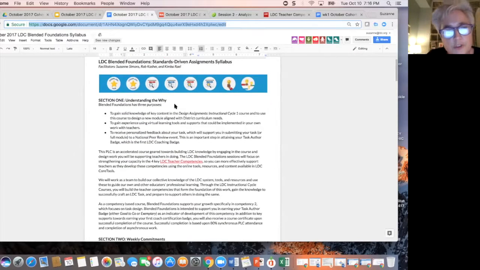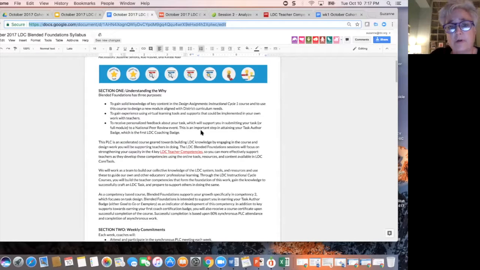the way it's structured is there's some overview of the purposes of Blended Foundations. We have 3 very specific purposes. One is for you to work through the workflow of our workflow courses, which are our design assignments and common assignments, instructional cycles. But to figure out how to use that in a workflow-supported way so that you can, in turn, use those resources to support the work you do in districts. The other, of course, is to figure out how to do virtual learning and virtual facilitation and have additional experience